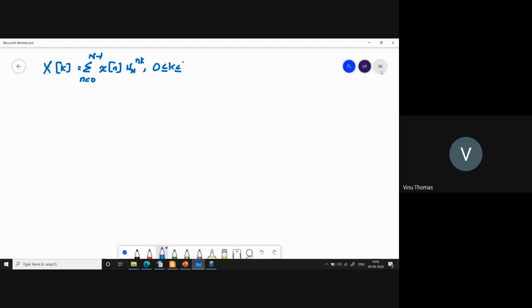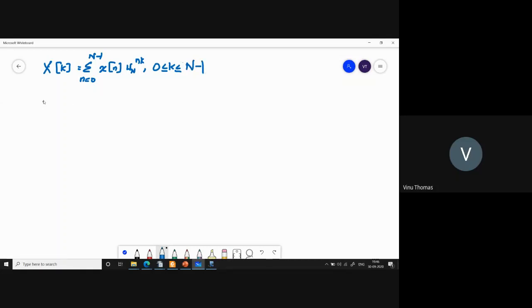So X of k you can write as sigma n equal to 0 to n minus 1 x of n W_N raised to n k for 0 less than or equal to k less than or equal to n minus 1. So that is your analysis equation, and your synthesis equation would be